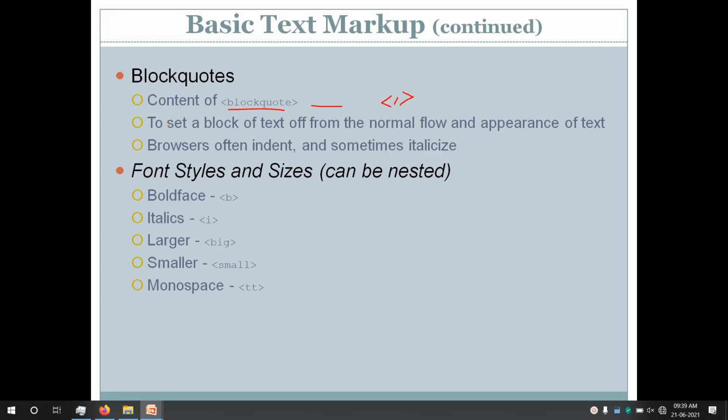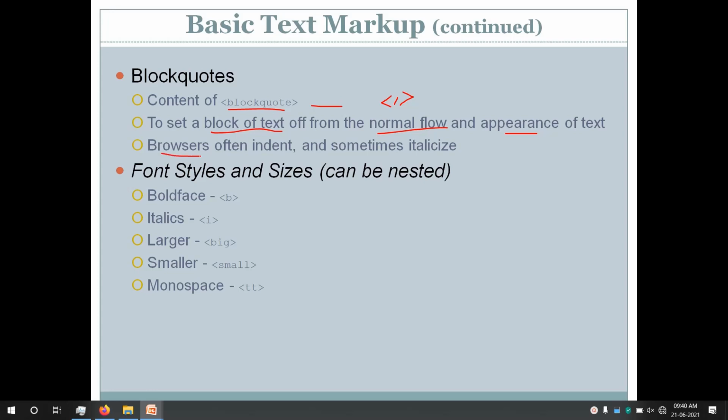As I have said, block quote is used to set a block of text off from the normal flow and appearance of text, which means it makes your text look different from the normal text. How it does this depends on the browser which is used.